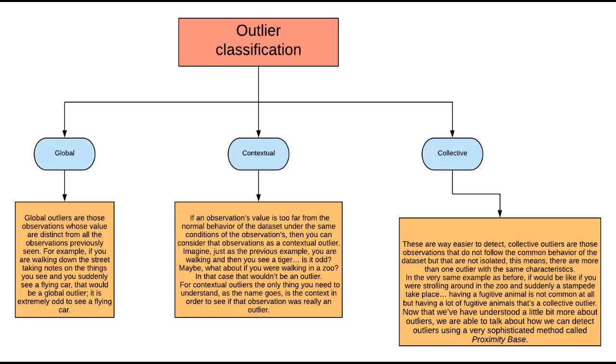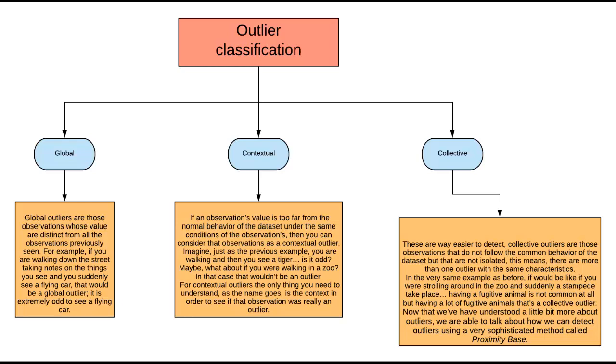It goes like, what about if you live in a big apartment place, and your neighbor moves to another apartment? That would be odd. That would be a global outlier, because people tend to live in the same place for years and years, and suddenly a neighbor moves. That will be an outlier because it is not typical. But